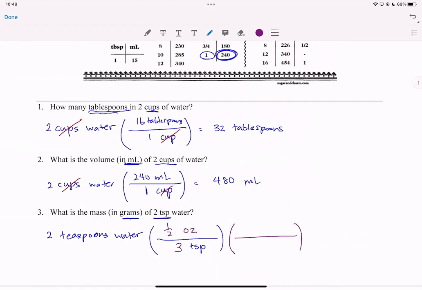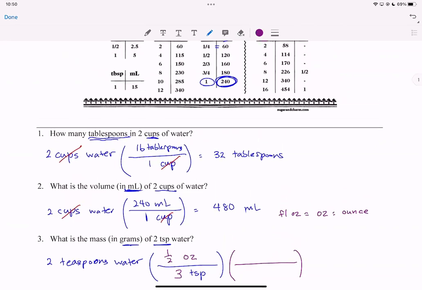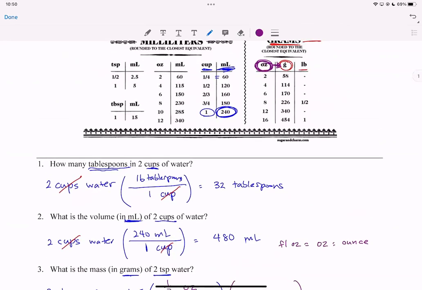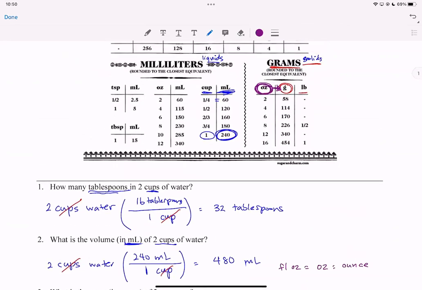Okay, so that's a fluid ounce or just an ounce, OZ. So OZ is an ounce, and it's also the same as a fluid ounce. FLOZ is the same as OZ. So this ounce of water, converted to grams, I'm going to just use the top numbers, which